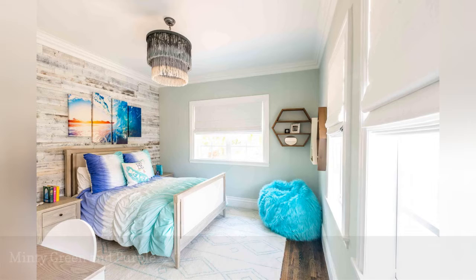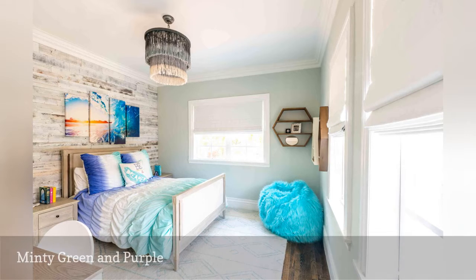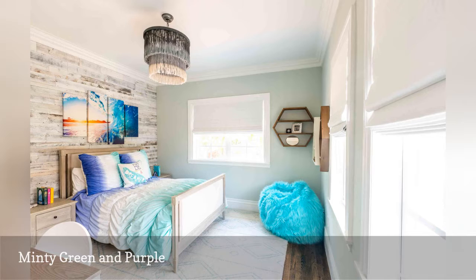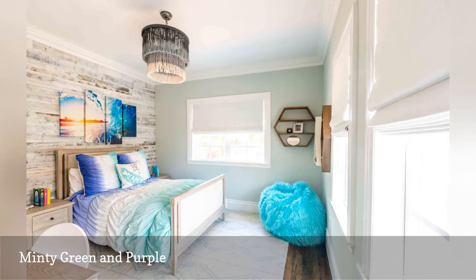Pale minty green walls set the stage for an explosion of color and textures in a chic teenager's bedroom created by interior designer Laura Nell. The whisper-soft wall color lends lovely contrast to the rustic wood feature wall. It also adds coherence to the room by picking up similar shades of green throughout the bedroom, most notably the